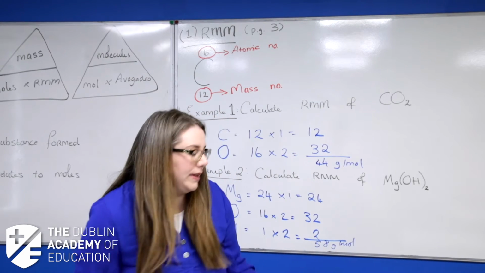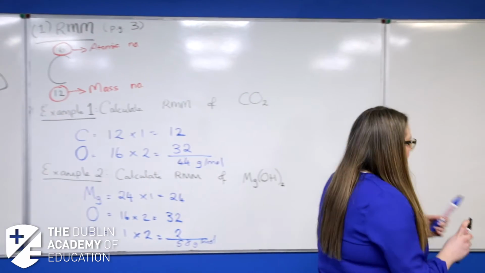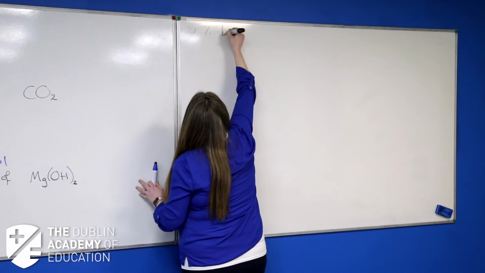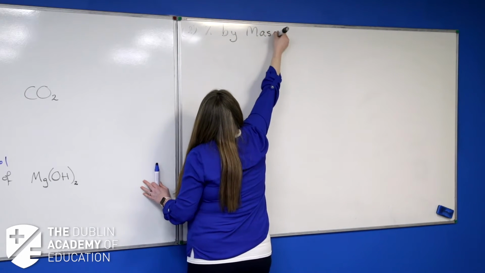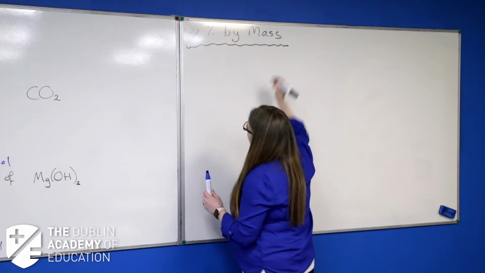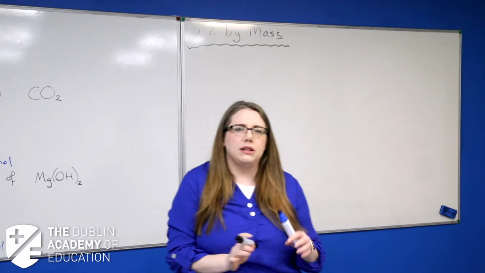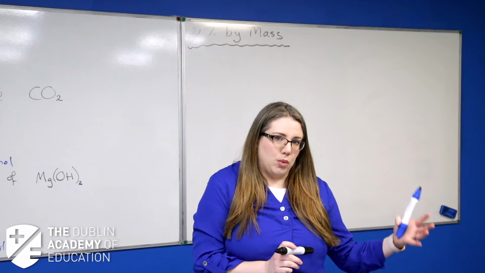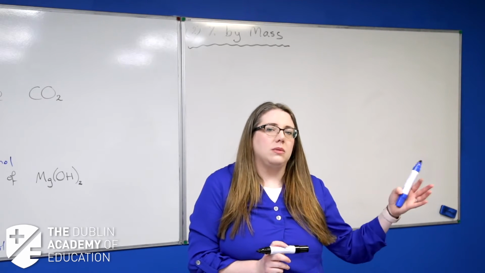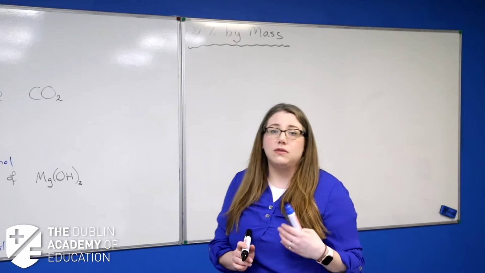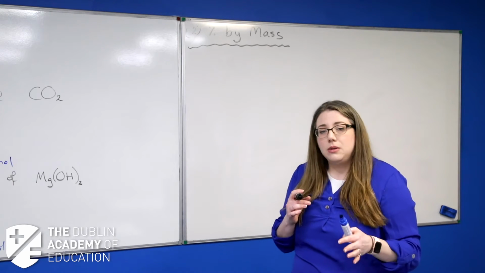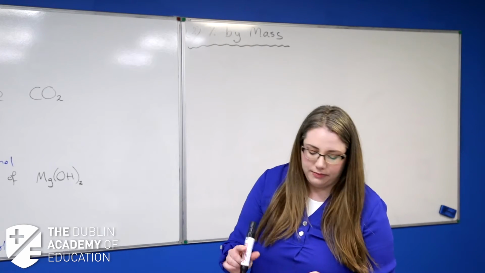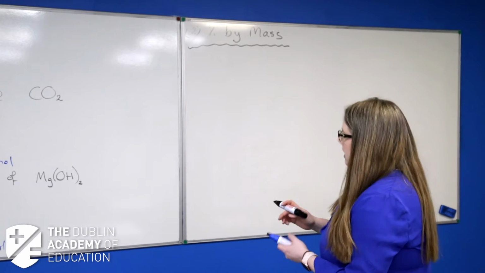Percentage by mass. Now, this is something that hasn't appeared on the exam in a while on its own. It used to come up, it hasn't come up since about 2006, but it used to be worth 6 marks. In more recent questions, it's factored into another question. It hasn't appeared on its own in question 4 like it used to. So it's useful to know how to do it, but it's not something that I would labour over too much. Right, so my worked example from the notes.